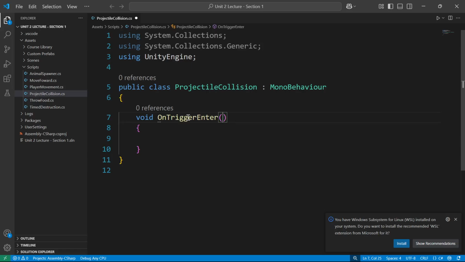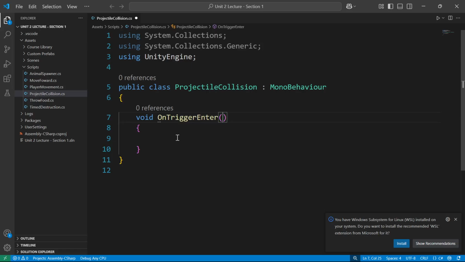When one rigid body leaves another trigger, you can also detect that. For collision, same thing. OnCollisionEnter is when the collision happens. OnCollisionStay is if they stick together for a certain amount of time. OnCollisionExit is when the object leaves the collision. In this case, we're just using OnTriggerEnter. When the collision happens between two objects, we will